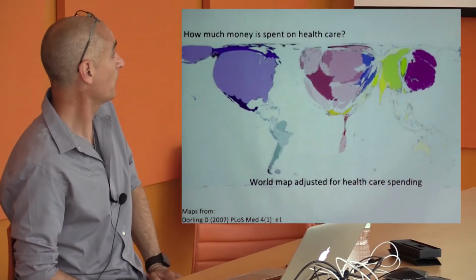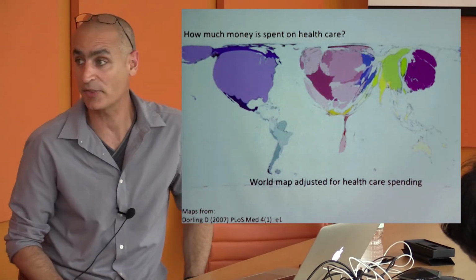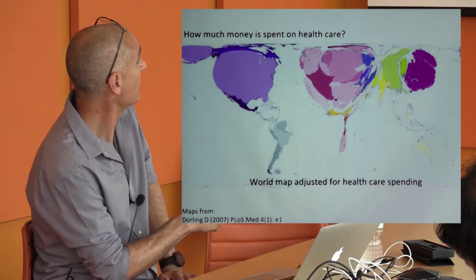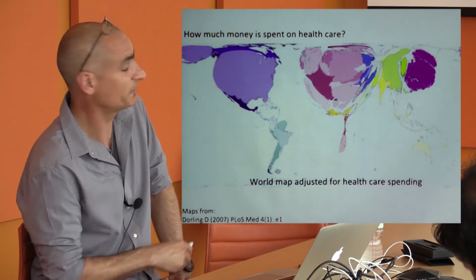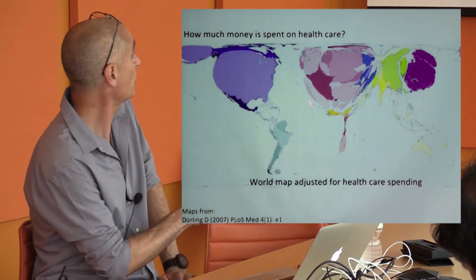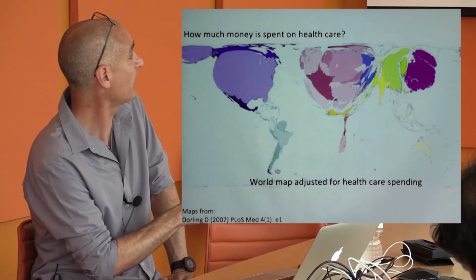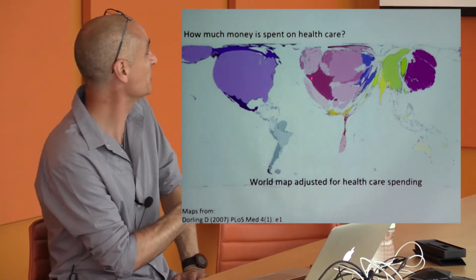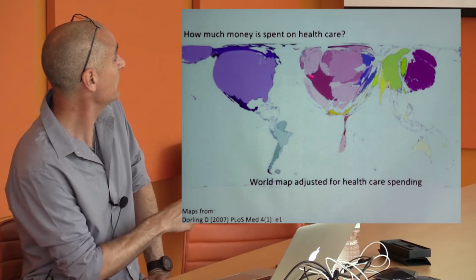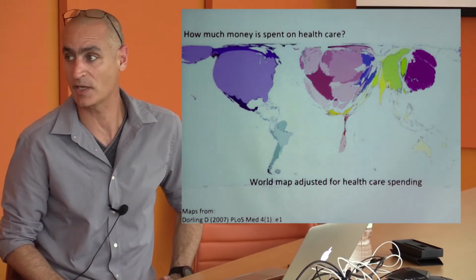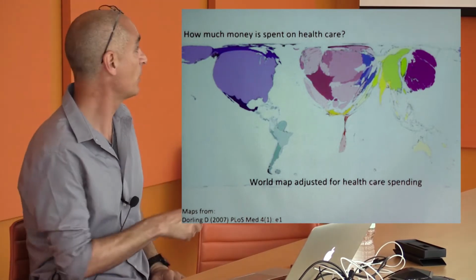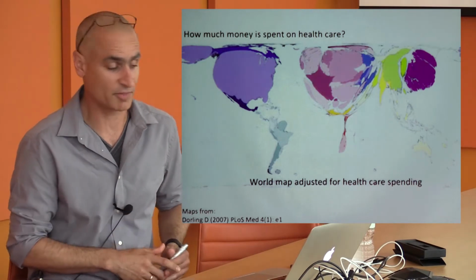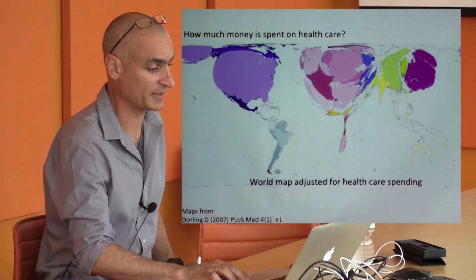You can redraw the map of the world based on how much money is spent on healthcare. And so, for example, you'll immediately see here that Africa and South America, India, Southeast Asia, and so forth have pretty much disappeared from the map, whereas North America and Europe are gigantic. Russia looks kind of small, but there are not that many people there anyway, compared to Europe and North America. But ultimately, what this tells you is that we spend a huge amount of money on healthcare here. We can afford to do that, whereas in many countries of the world, and coincidentally where malaria is, you don't have the ability to spend that amount of money